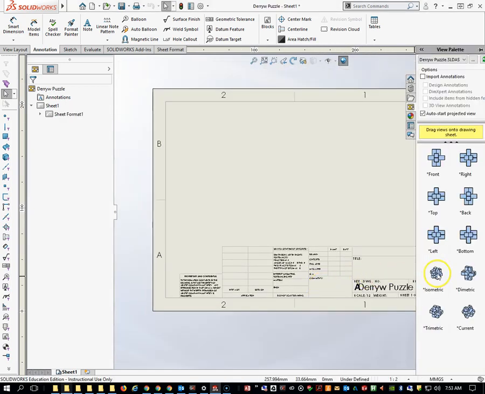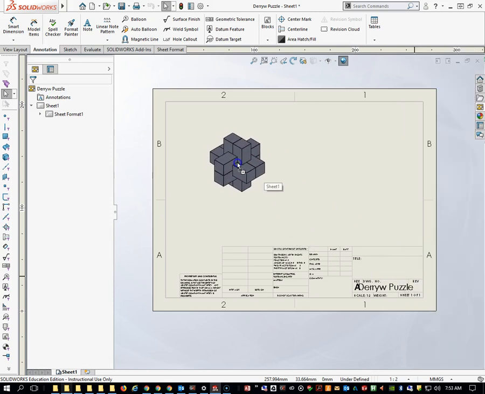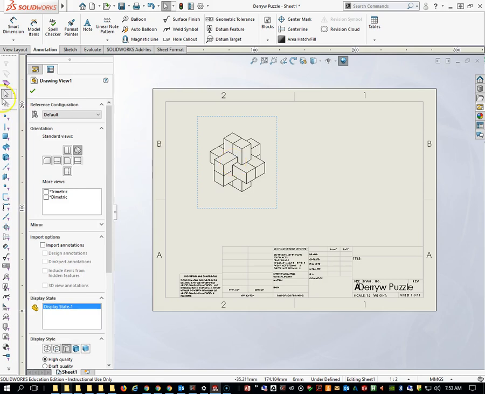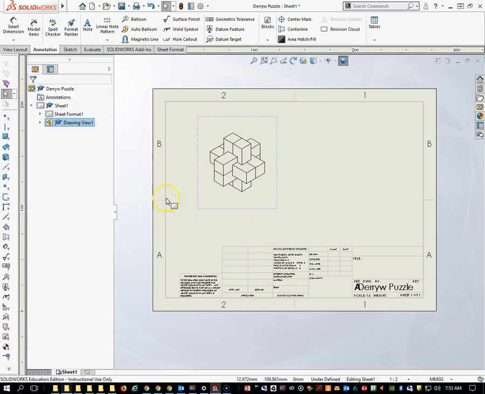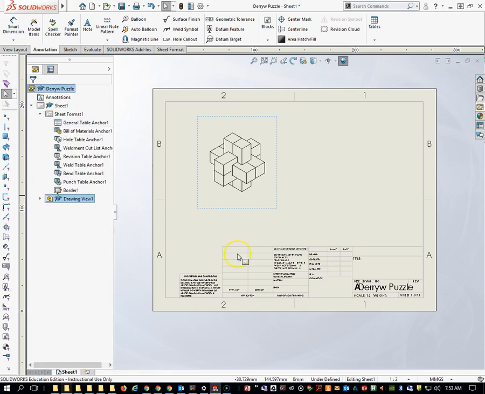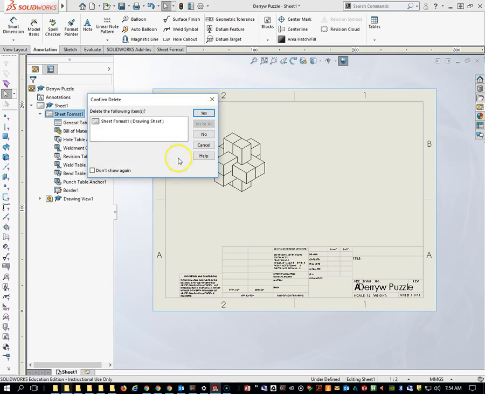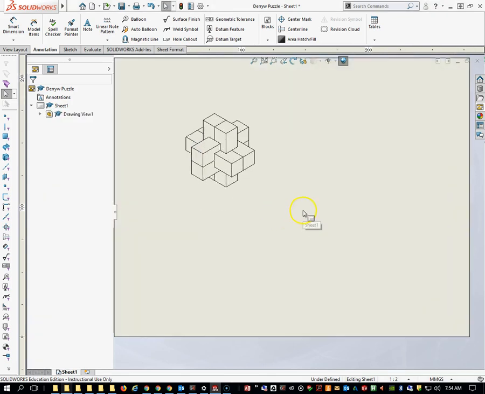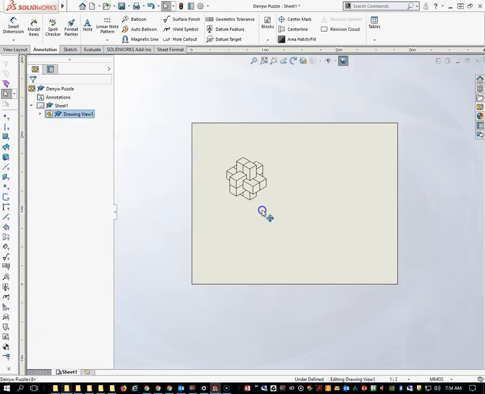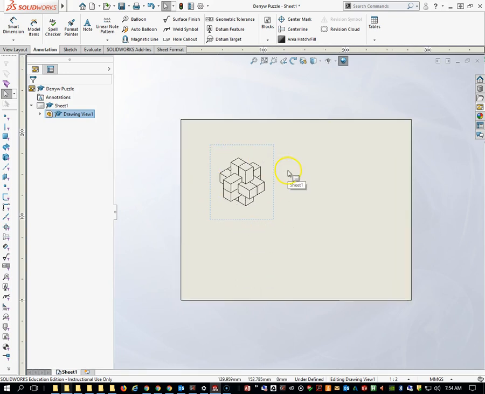And for this, I'm going to drag in an isometric view. Okay, hit OK. For my sheet format, it's taking up all the space. I'm just going to right click and delete that, make that go away, so I've got some more room on my sheet of paper. Okay, if you click on your box that's showing your burr puzzle,